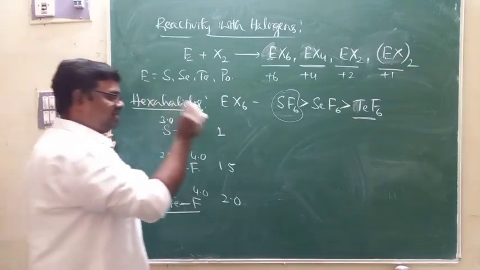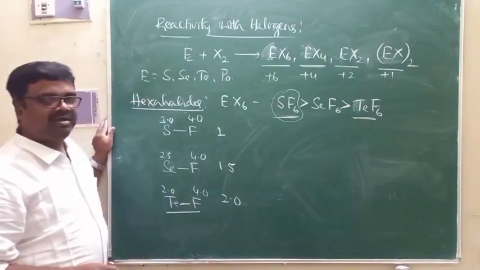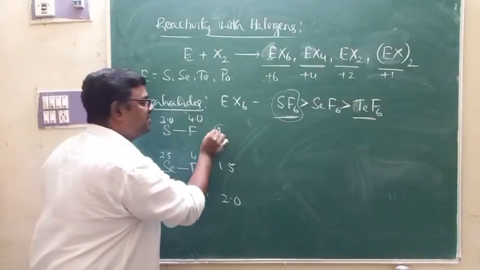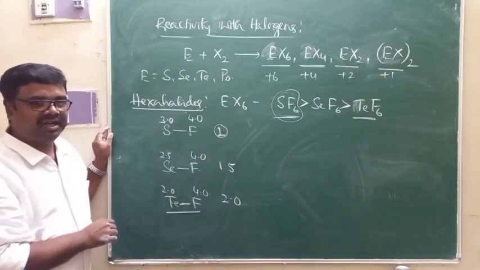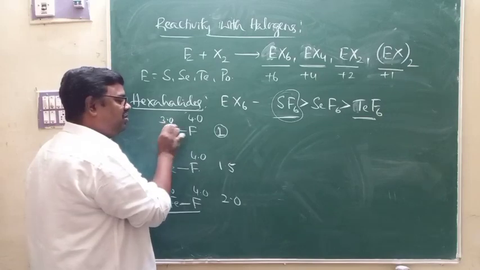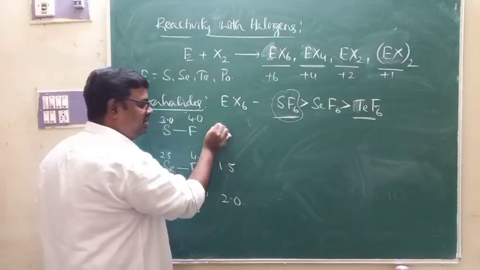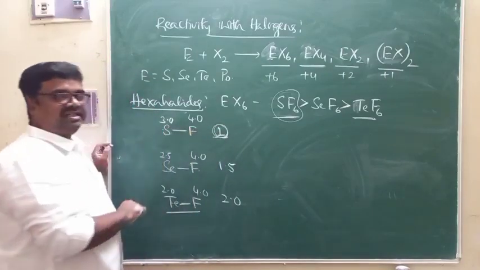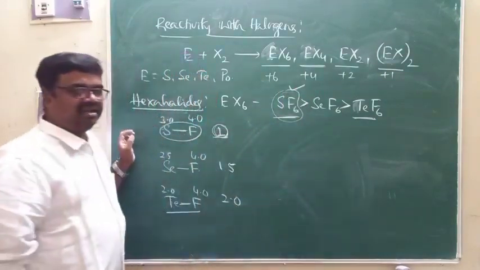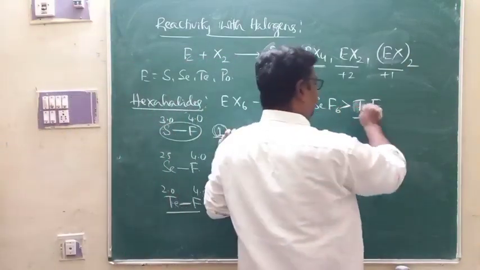Or you can say, as far as covalent bonding is concerned, a strong covalent bond is formed between two highly electronegative atoms with a small difference in electronegativity. According to Fajan's rule, a strong covalent bond is produced when there is bonding between two highly electronegative atoms with a small difference in electronegativity. When the electronegativity difference is small, covalent bond strength increases. Therefore the S-F bond is very, very strong, so SF6 is highly stable. The Te-F bond is of course weakest, therefore TeF6 is least stable.